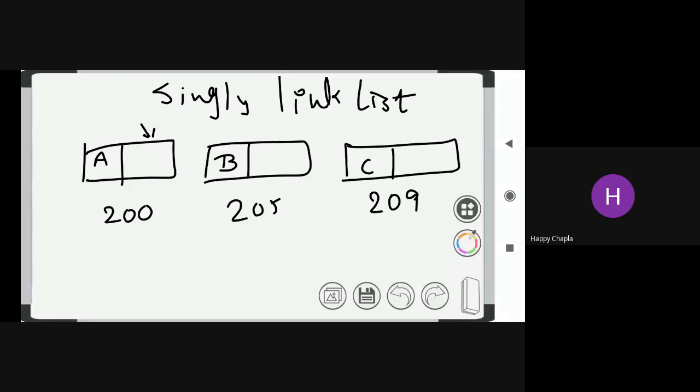Yes, you can say 205. So now I am building the connection between A and B. Now for B's next portion, what is the memory location I have to refer to over here? If I want to give the link between B and C, I have to write 209. And what is the next portion of my C?